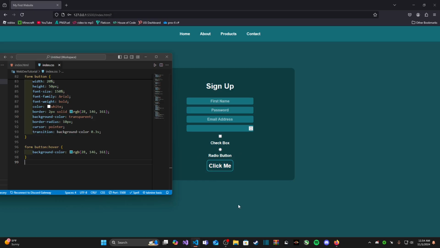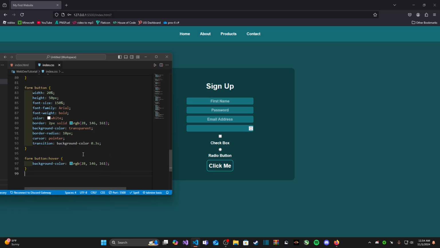Now, you don't have to do it like this. You can have it change whatever you want whenever you hover over the button. Typically, this is going to be the color, of course. But you don't have to do it with the border like I did. Instead, if you wanted to,